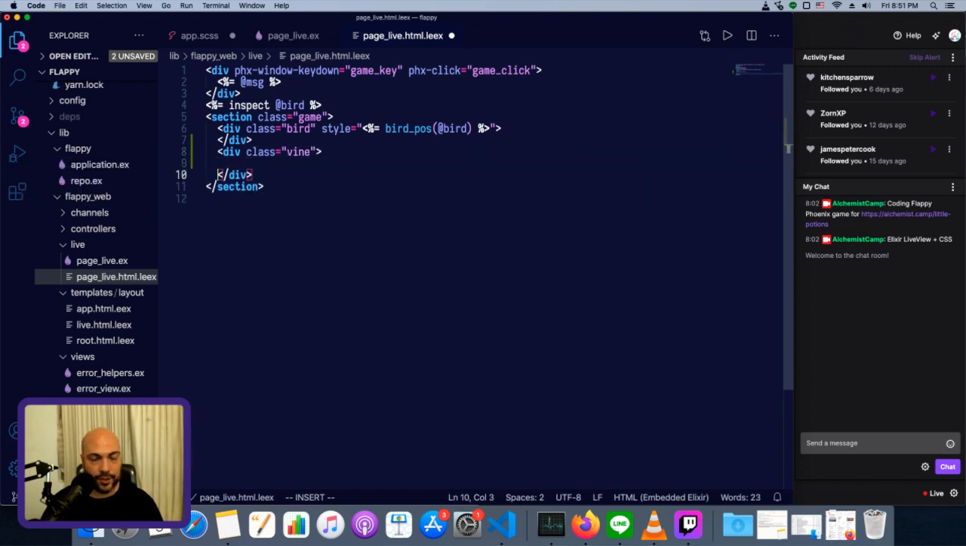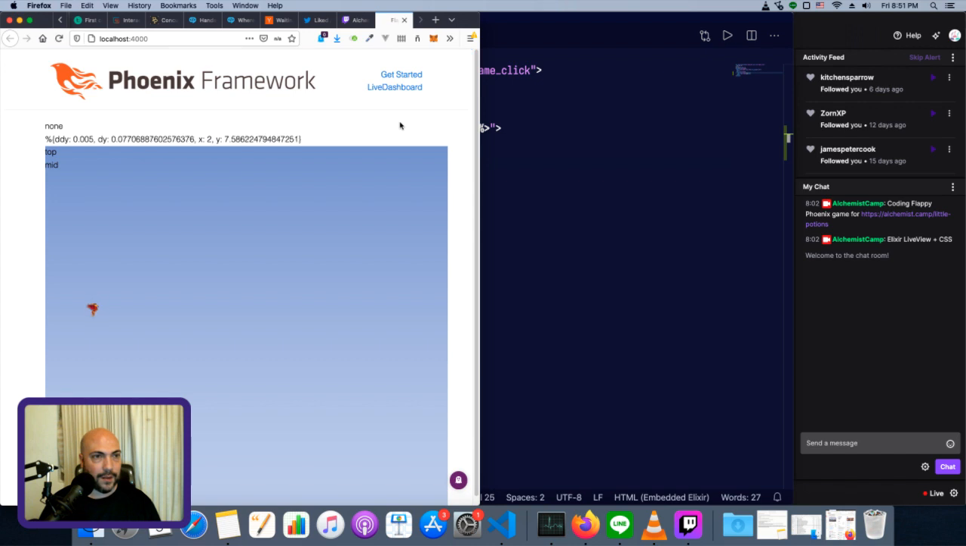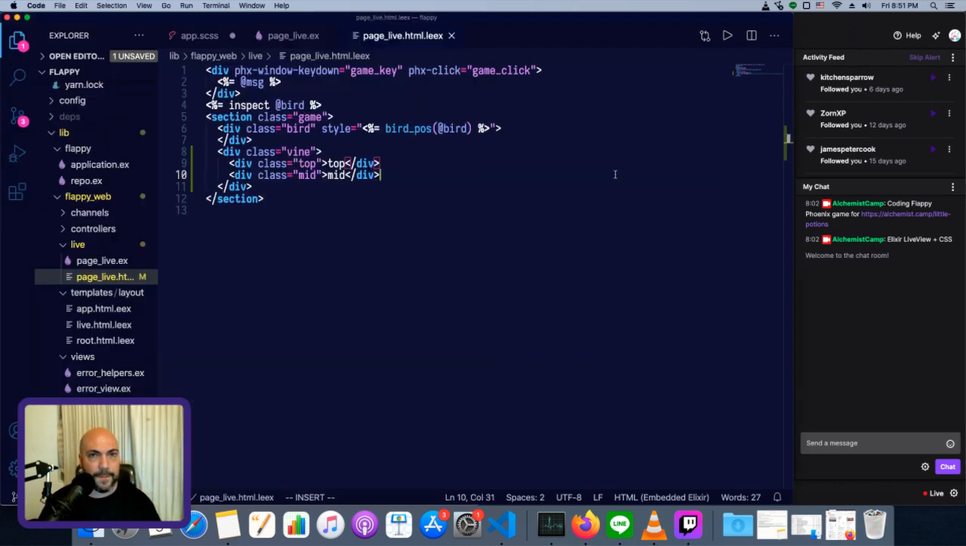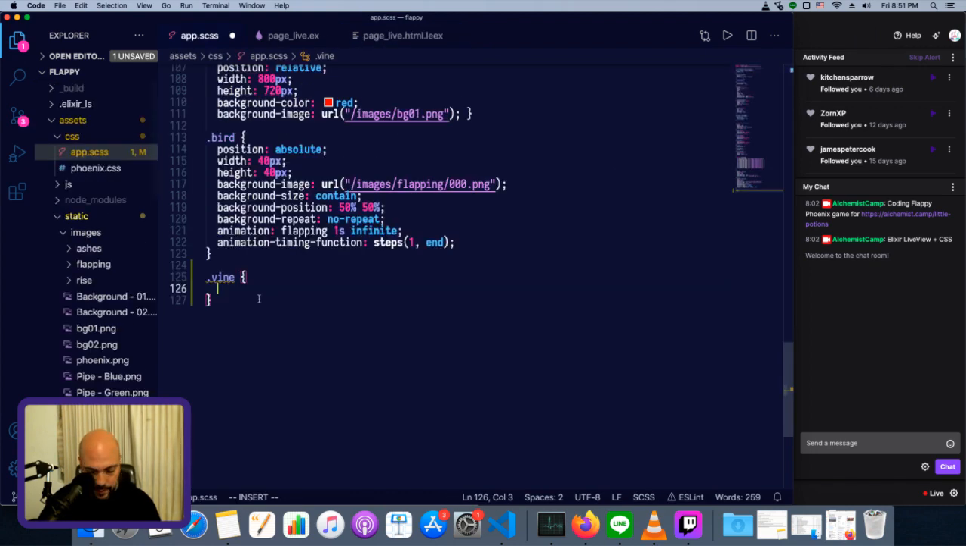And since there are two types of segments I want to show, we'll make a div.top, which will be for the top part of the vine, and then another one for the middle part. So we should have 0 changes. I'll just type mid here, type top here, so we can see them. So there's the top of our vine. There's the middle. I'm going to start with the vine that's coming upward from the bottom, though. So we'll say vine